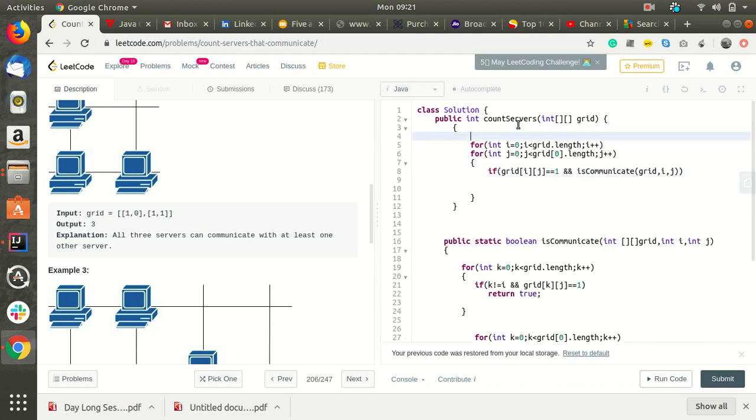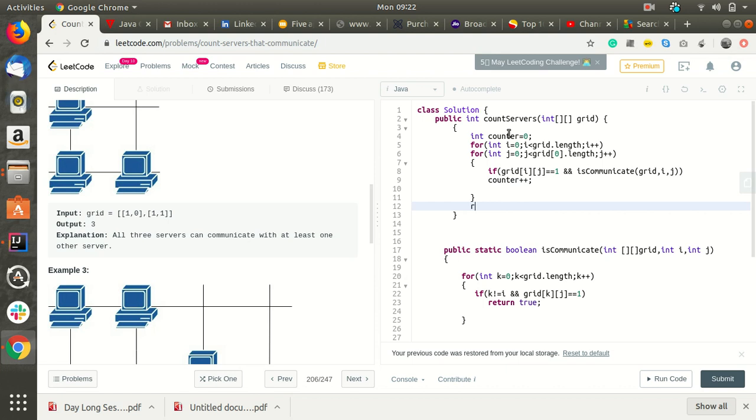And we'll use one counter, int counter, to check how many servers can communicate with other servers. So if these two conditions are true, then we'll increment the counter, and then we'll return the counter.